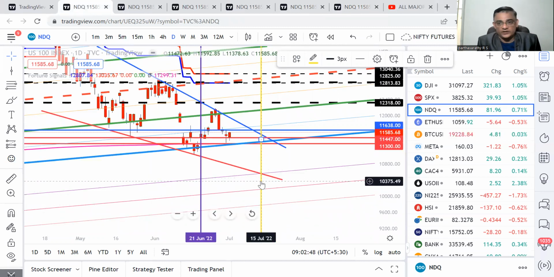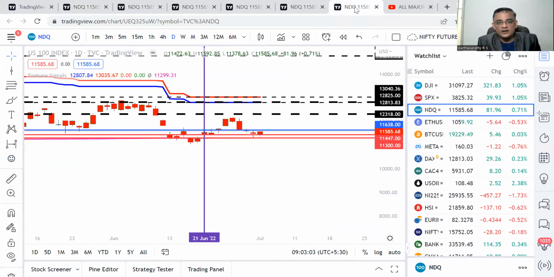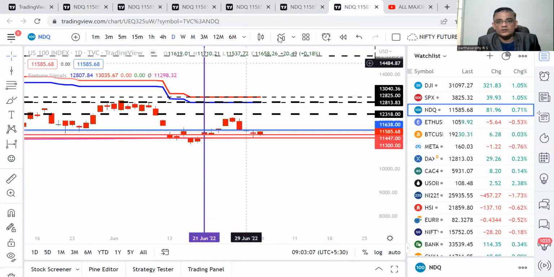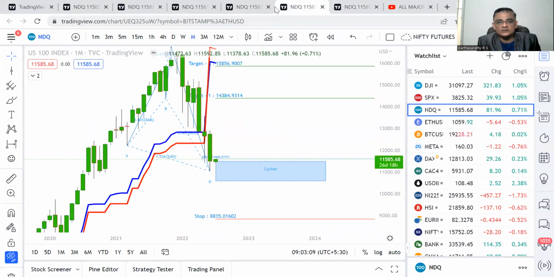And coming to daily, it says 21st as of now and 15th July. The 14th and 15th are combination dates. I'm talking about the dates for the month in Nasdaq. The 14th to 15th is a combination date, so you can watch the 14th and 15th in Nasdaq. This is on a daily. On weekly and monthly, I've already given you. One second, where is it?